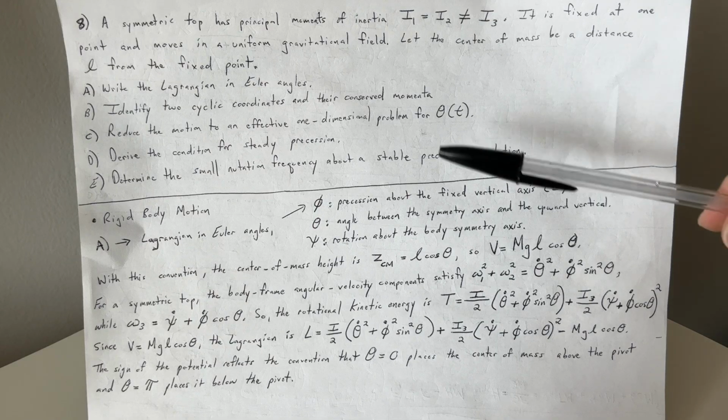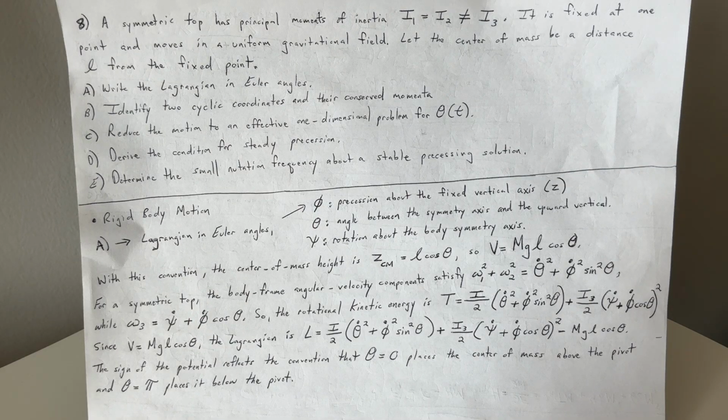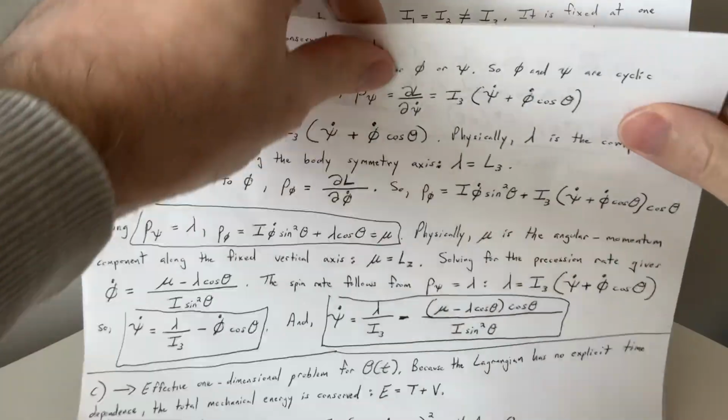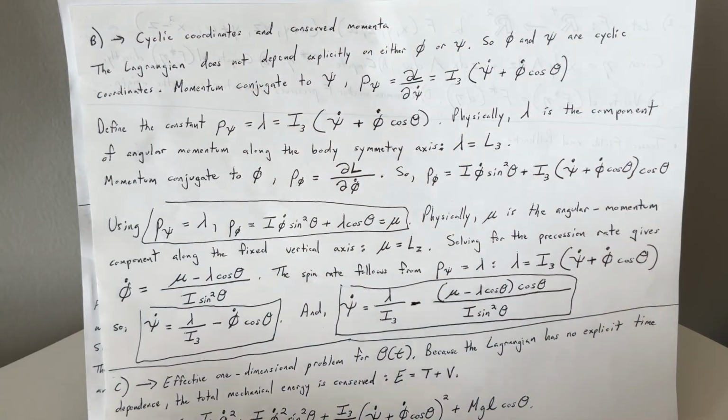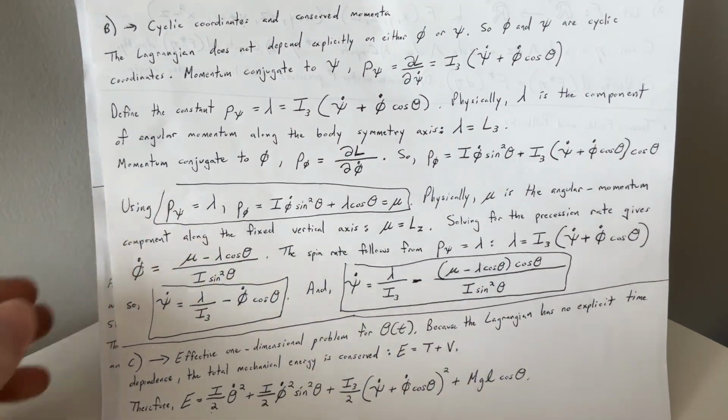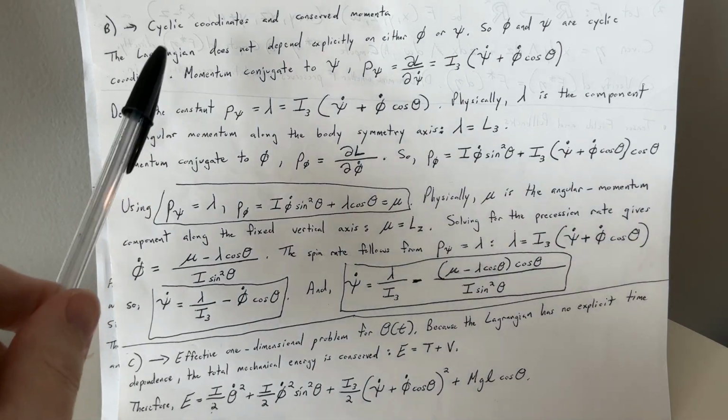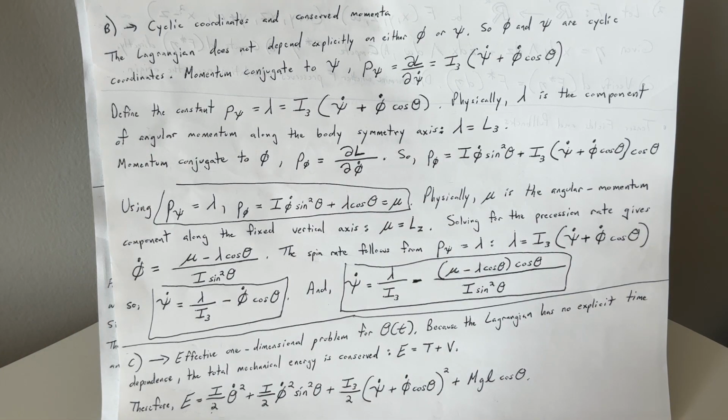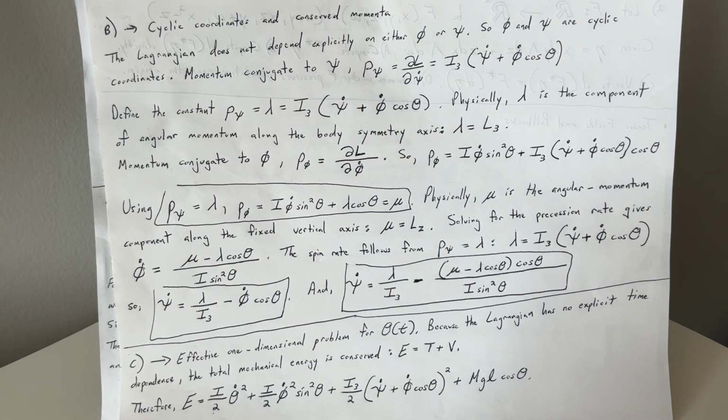Okay, so moving along to part B, identify two cyclic coordinates and their conserved momenta. Some people call it cyclic. So here we go with the cyclic coordinates here and conserved momenta. The Lagrangian does not depend explicitly on either phi or psi. So phi and psi are cyclic coordinates, and the momentum conjugate to psi is p sub psi equals the partial derivative of L with respect to psi dot,